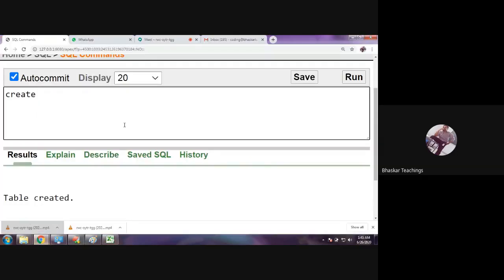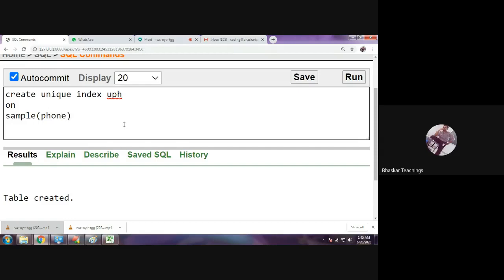So create unique index, some index name, let us say uph, on sample, and the column name is phone.